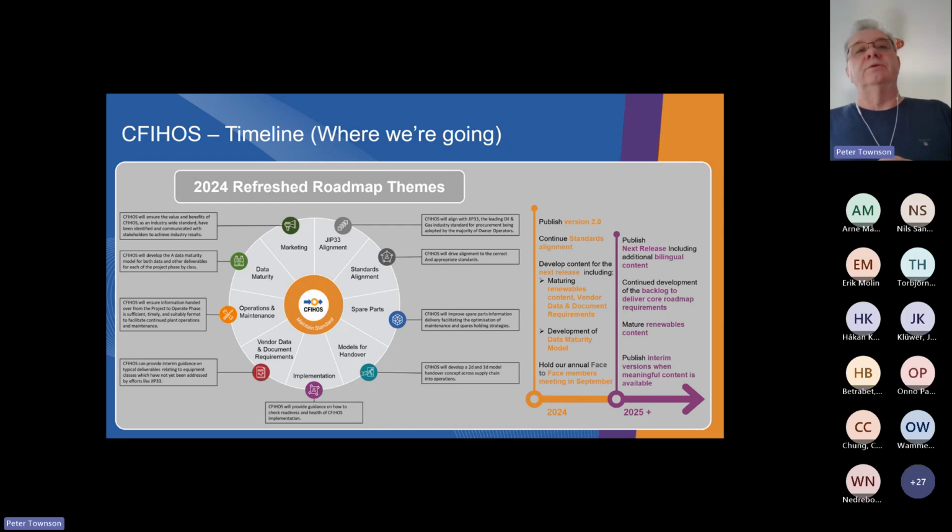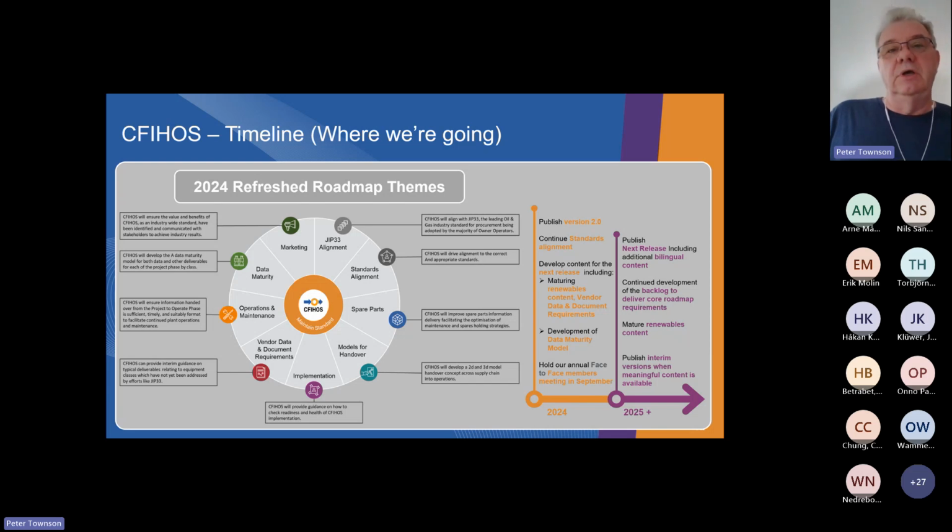We've got spare parts that we're also working on. We've delivered the data model to support that spare parts implementation within version 2. We're also very keen on standards alignment. So we want to work with MOU partners such as PCA, such as DEXB, such as CII, the Construction Industry Institute, to make sure that we've got alignment in the work that we're doing, and that we're minimizing or eliminating